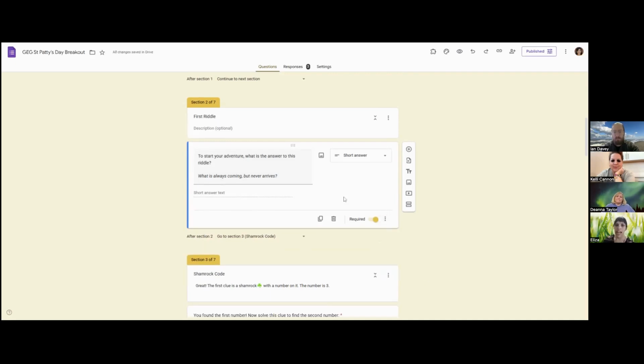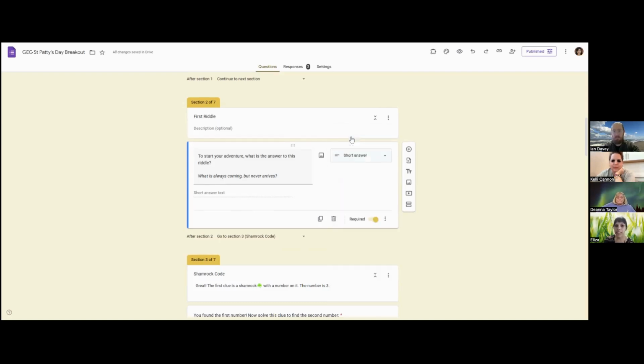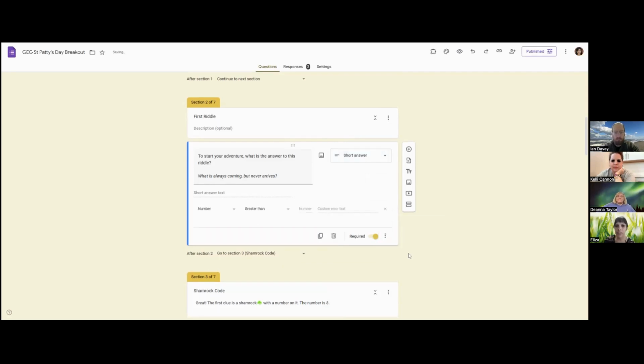Okay, so I just turned it off. It does have to be in a short answer form. This won't work with any of the other answer types. So it has to be something that they're typing in. And then three dots, response validation. And you can have it be a number. I chose text. And then you put what the correct answer is. And then this is where you put what you want it to say if they get it wrong. Sorry, that's wrong. Please try again. Smiley face. Okay. And so if they get it wrong, it's not going to move them forward to the next section. Once they get it right, it will move them to the next section and they can continue.